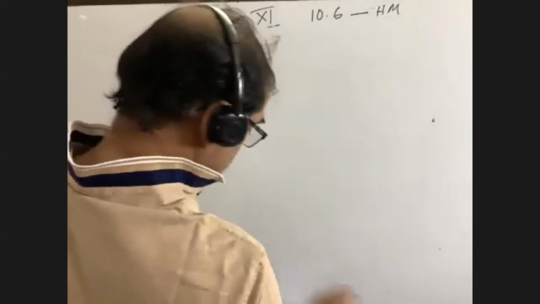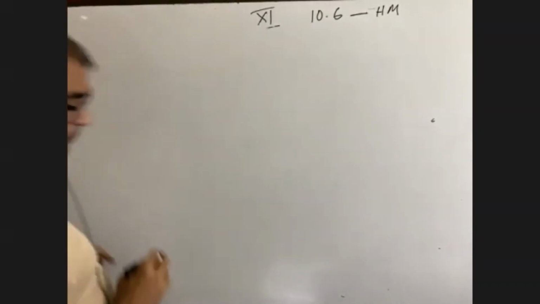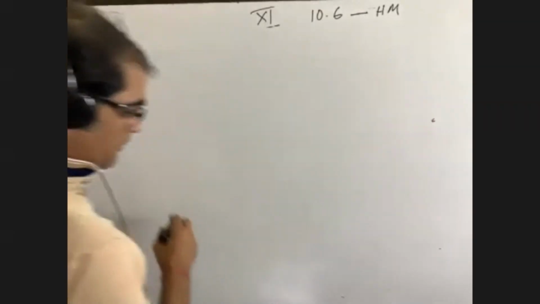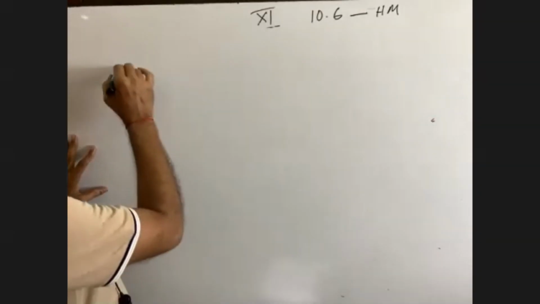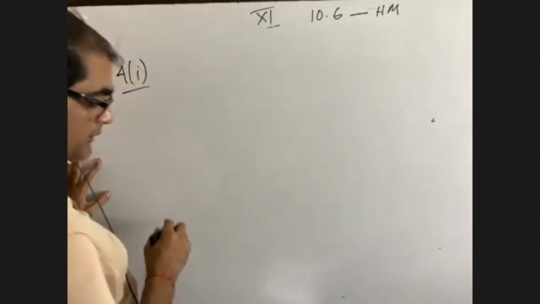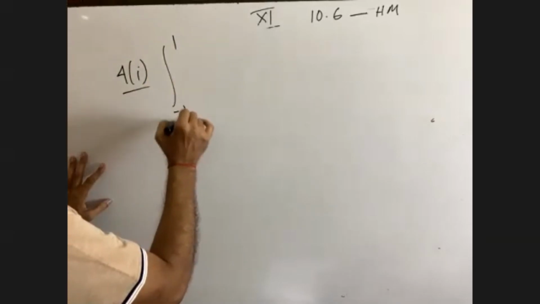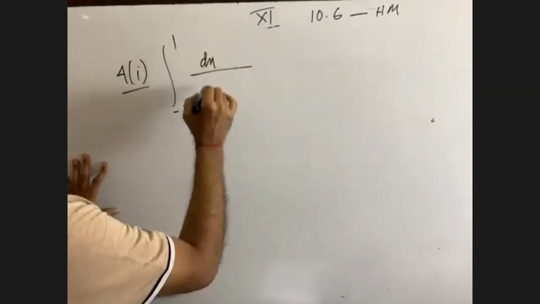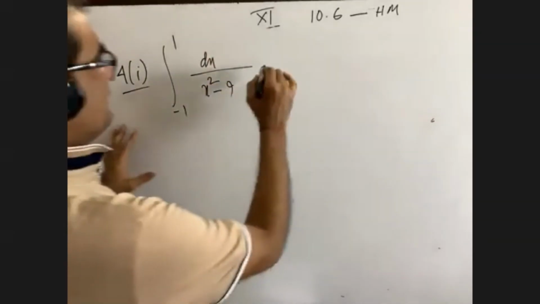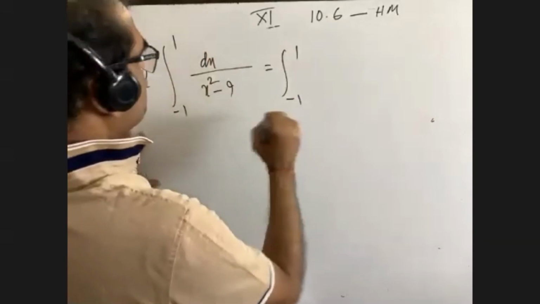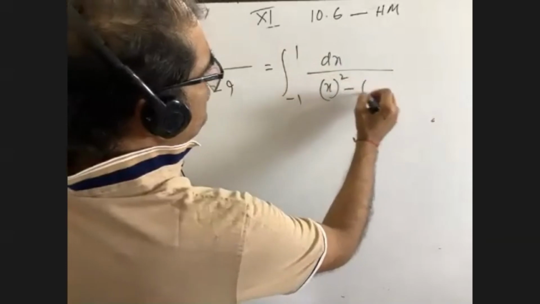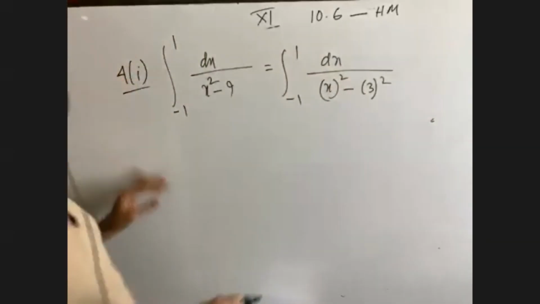Yes, it is okay. So we have the same type of maths and we are not going to do all those maths. Going to question number 4. The integral from minus 1 to 1 of dx by x square minus 9. So we can write here dx by x whole square minus 3 whole square, right? Is it or not?